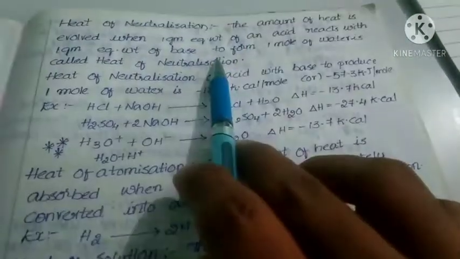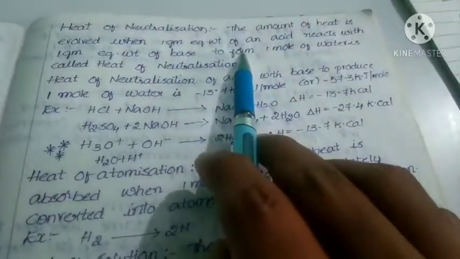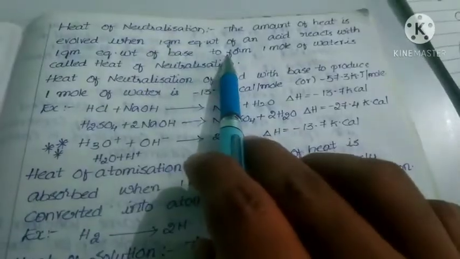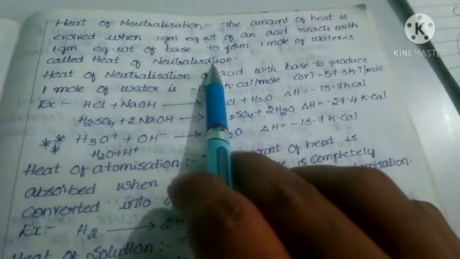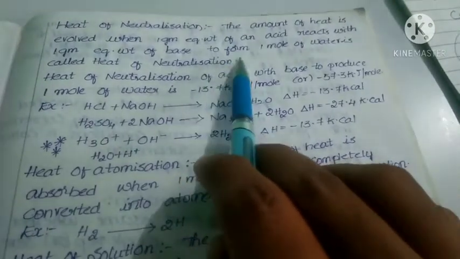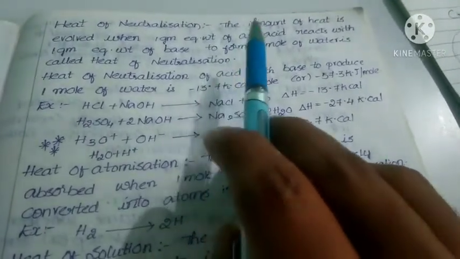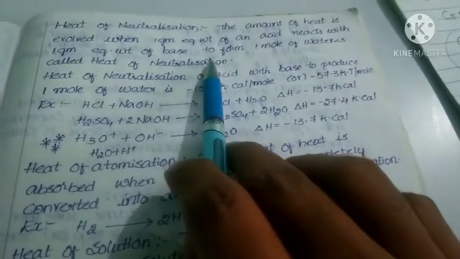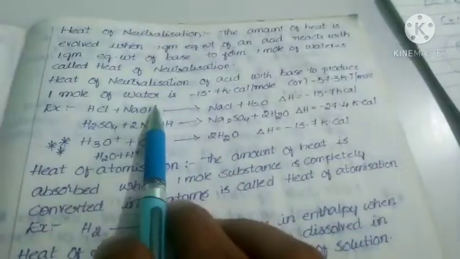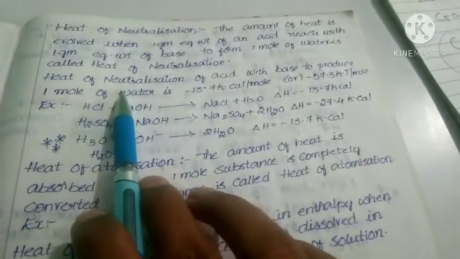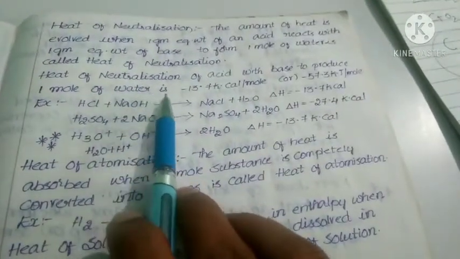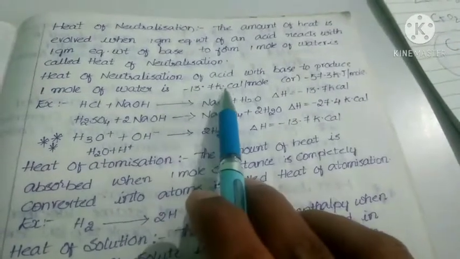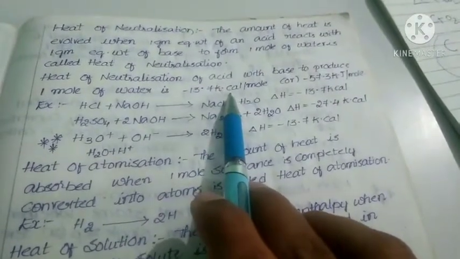In such process, some amount of heat liberates. That heat is called heat of neutralization. That means in this process also every time heat liberates, like heat of combustion. That is why this is also exothermic reaction. Next, one more point. If 1 mole of water is formed in such process, 13.7 kilocalories heat liberates, or